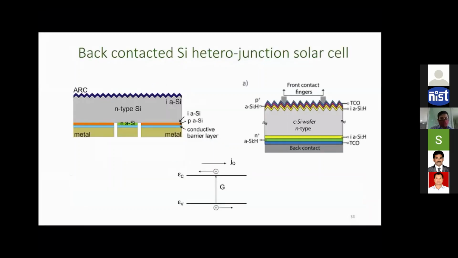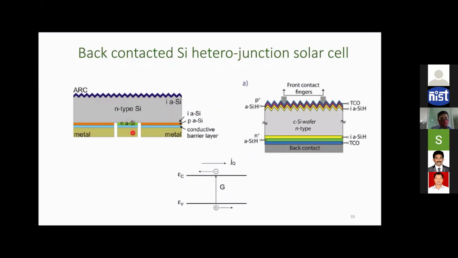The answer is surprisingly yes. It is entirely possible, it is absolutely possible to make a solar cell where there is no metal contact at the front side and you are collecting both the electrons and holes from the back side of your crystalline silicon absorber. And it is not at all in contradiction with this picture of collecting electrons and holes separately, because at the back side there is a separate arrangement made to collect the electrons and holes separately.